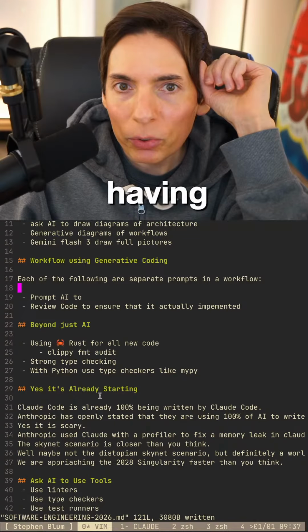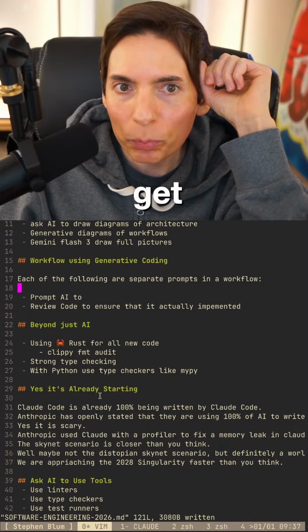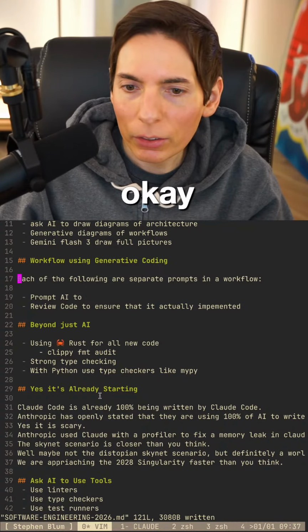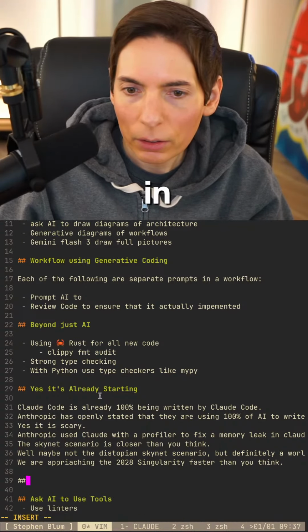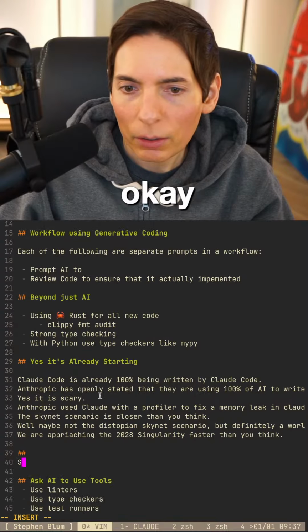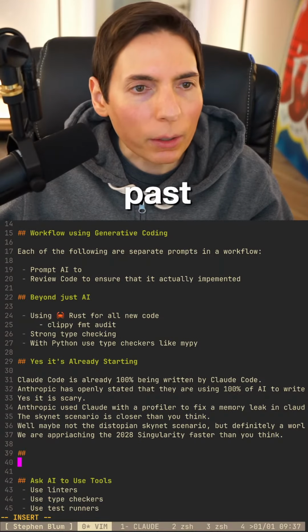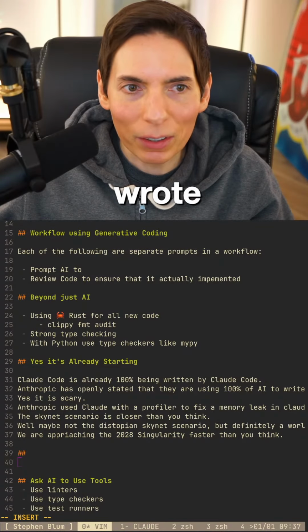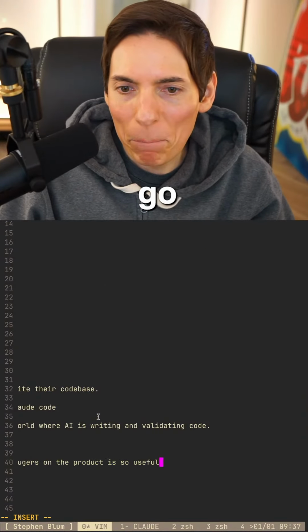Like having scripts that you can run to get the trace profilers, debuggers on the product so it's useful. Got it. Okay. All right, let's add that in. Scripts. Okay. Let me just copy and paste that really quick so I don't even have to type it. I'm going to copy and paste what you wrote there, Neva. I'm going to copy that. There you go. Boom. All right.